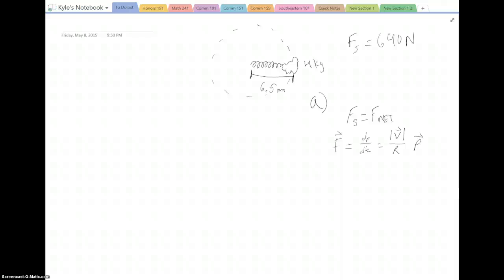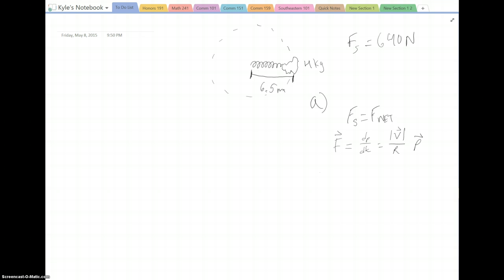Alright, in this problem we have a rock that is attached to a spring and is being swung in a circle in space. The first thing that we want to find is the velocity. So we start off with our fundamental theorem,